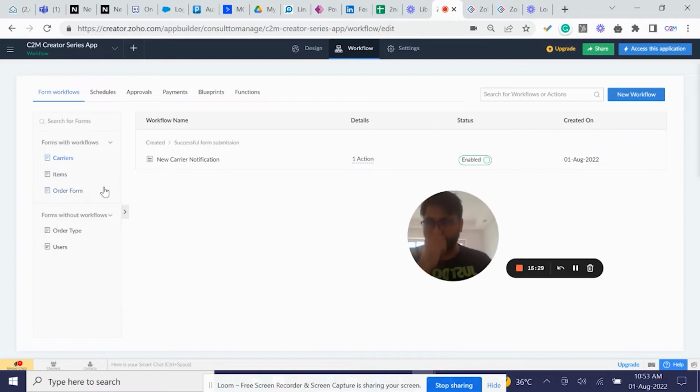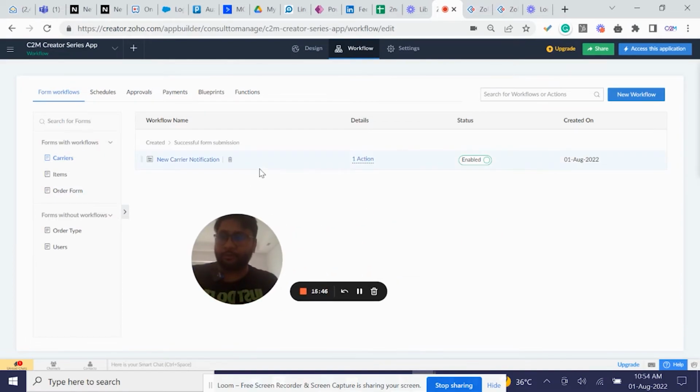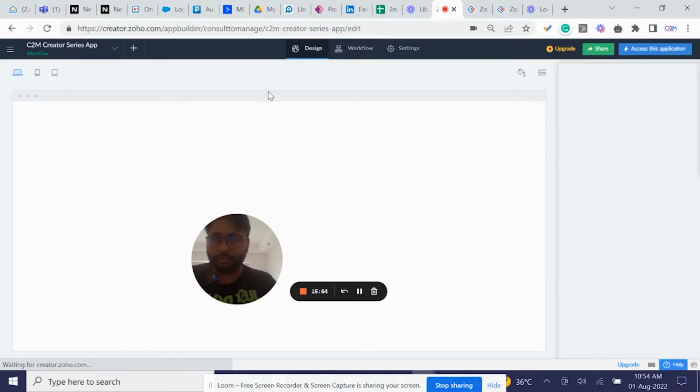And over here, if you see in terms of navigation, when you see carriers, items, forms with workflows and forms without workflows, carriers, items and order form do have workflows, and forms without workflows are order type and users. So once we have this, we are all set with the workflow notifications, which was the purpose of this series as well. And just one thing I would want to make sure is,